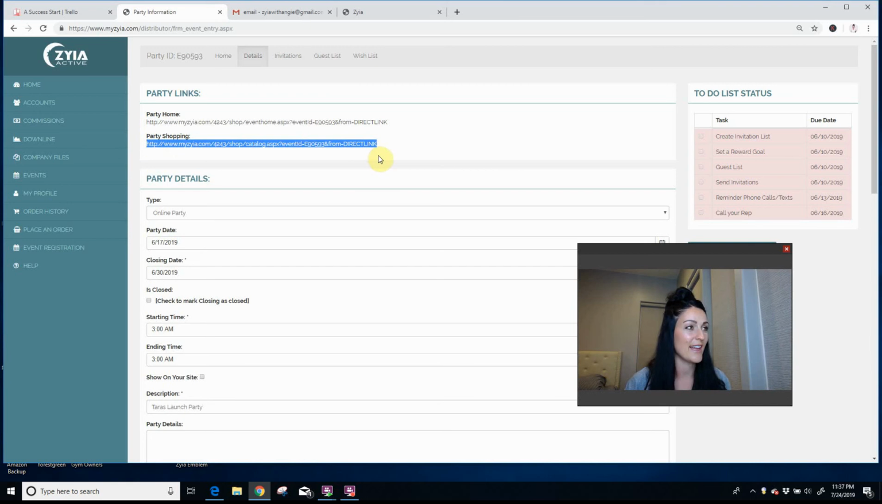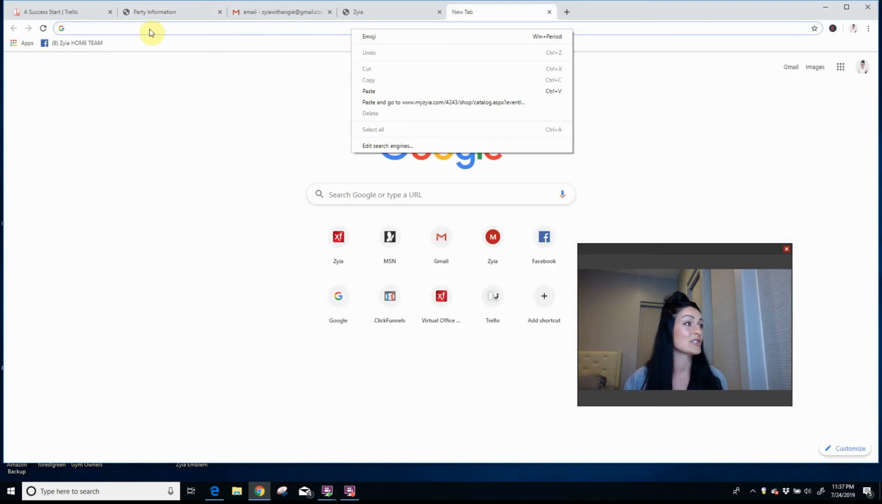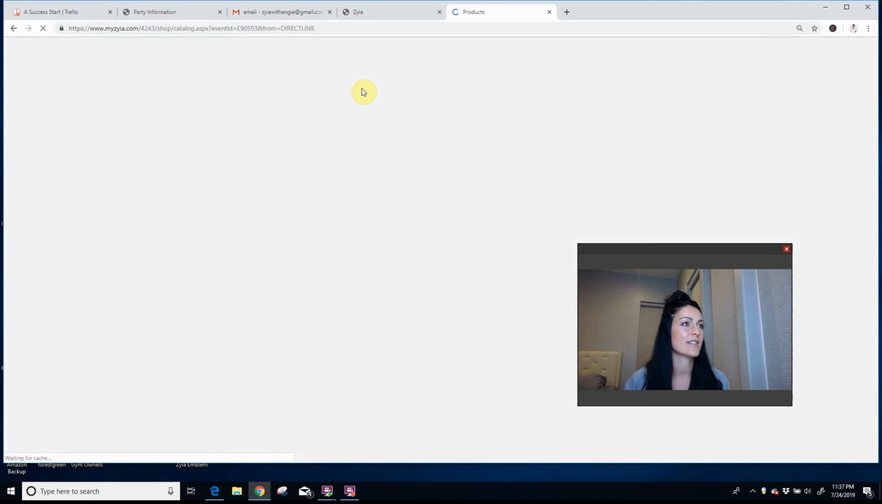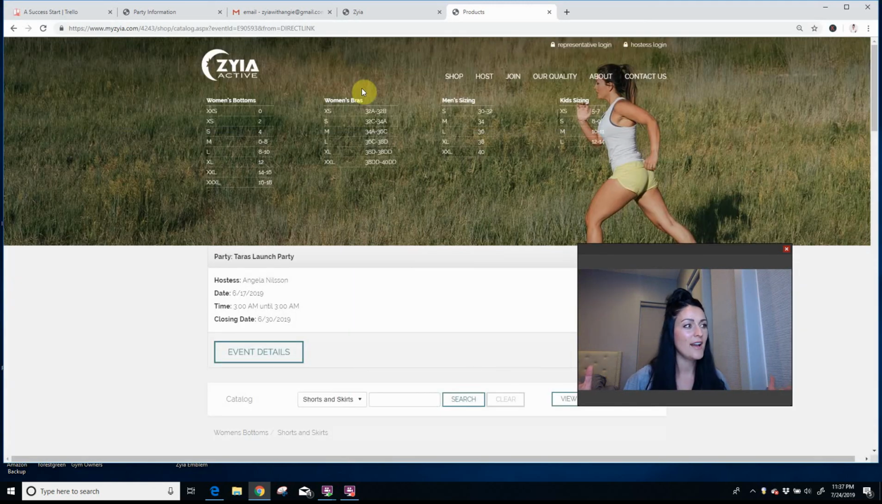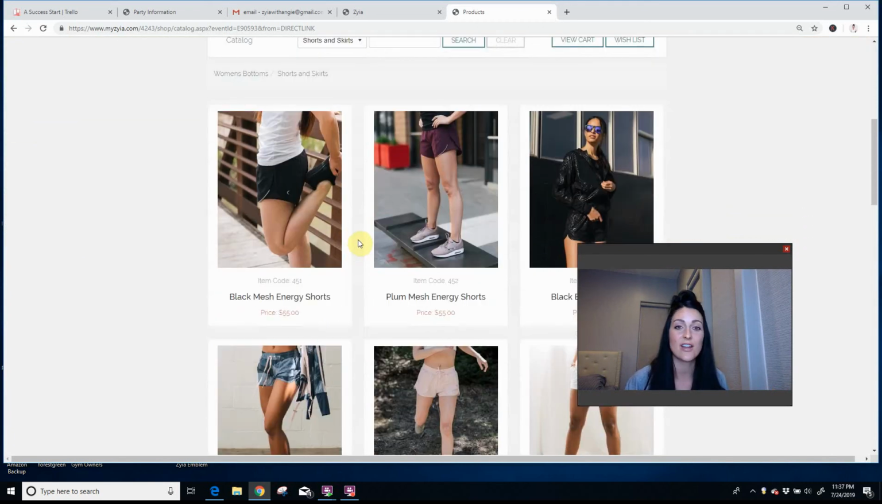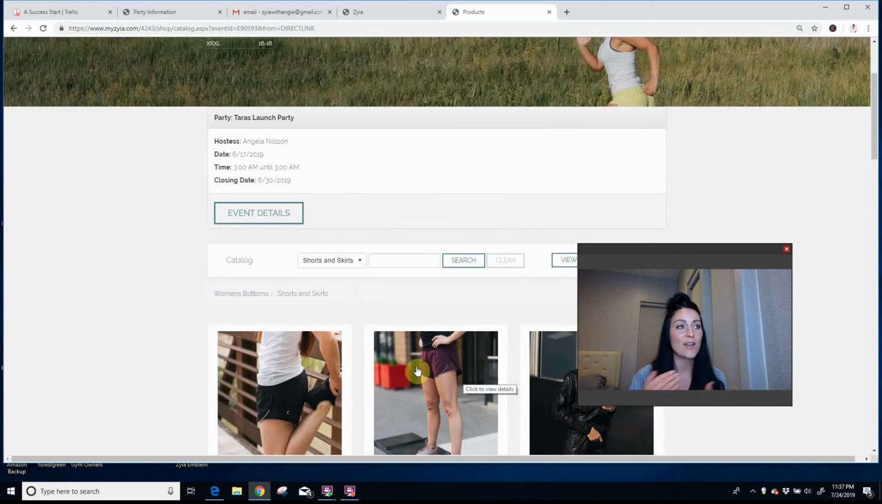So you just highlight it. And you can do this on your phone too. You just highlight it and then copy it and paste it into a new browser. So I have it highlighted. I'm going to right click. I hit copy. I can open up a new browser. And then I just right click and hit paste. Enter. And voila, I am inside of the party. See, it just looks like they're doing regular shopping on your website. They order, that goes into the party. And as soon as they order,